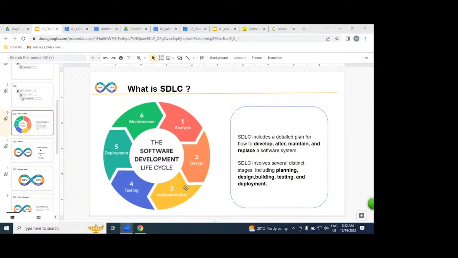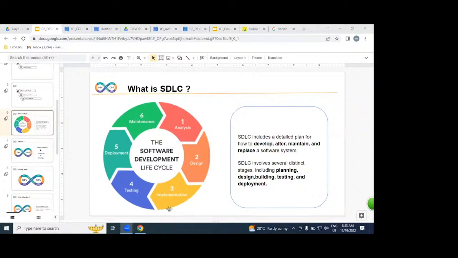In this total process, we have developers, testers, AWS administrators, Linux administrators, DB administrators. If you are in an IT profile, doing an IT job on any platform, you are part of this SDLC, including DevOps engineers also. If you are working in IT software, you are part of this.